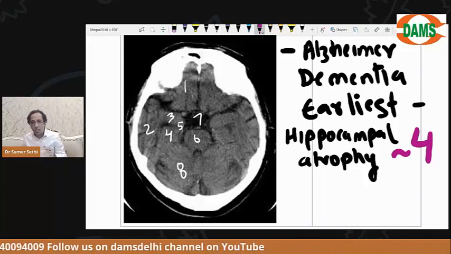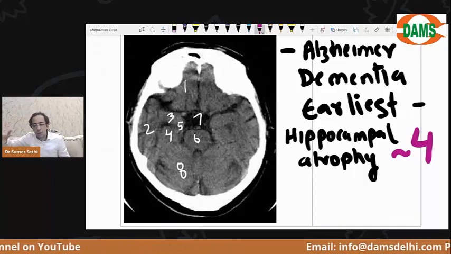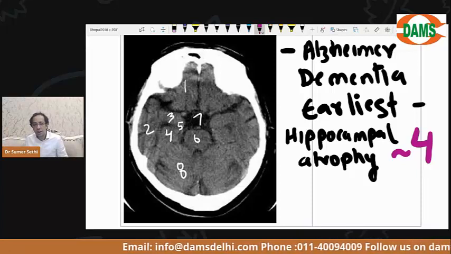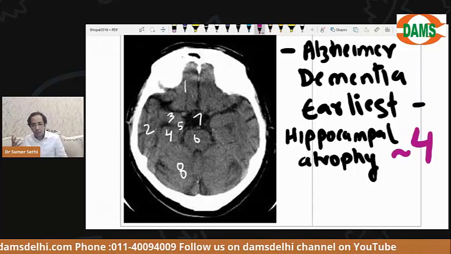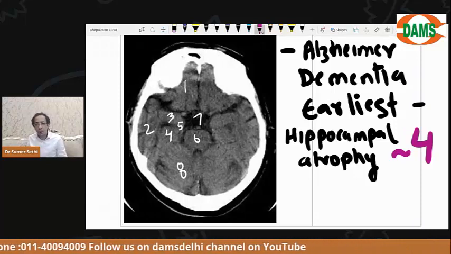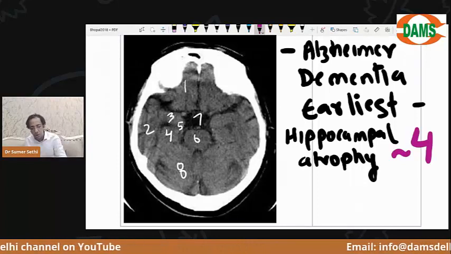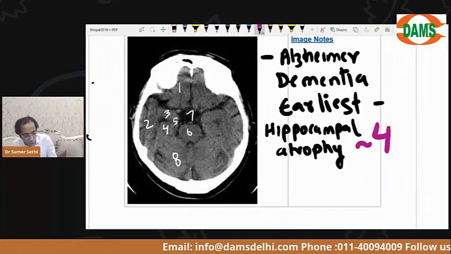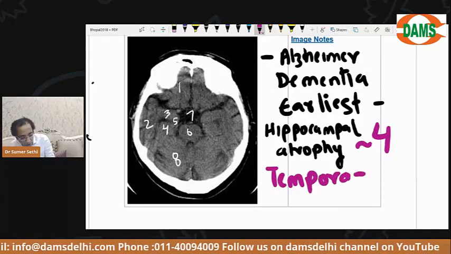They might actually say a lady comes with her mother. The mother is now not able to remember her name. She's forgetting where she keeps her keys, car keys, and she's having cognitive decline. And you're thinking of Alzheimer's dementia. Where will you see the changes on an MRI or a CT? First, you'll see it in the hippocampus. The answer is 4. And the classic lobes which are atrophied later on in Alzheimer's dementia are